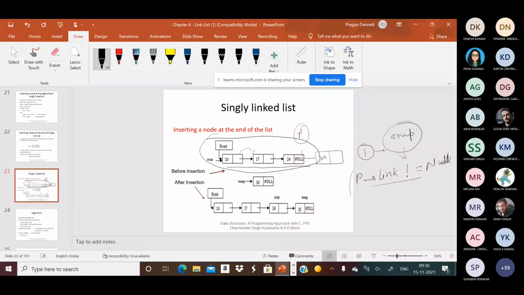Now you can see, if this is the last node and we want to insert another node, then this last node's link will point to this node when we insert this node 30.